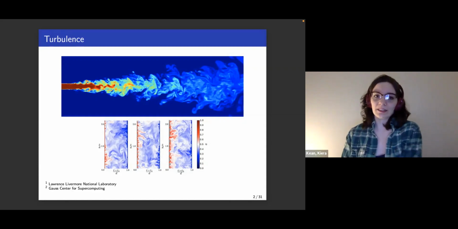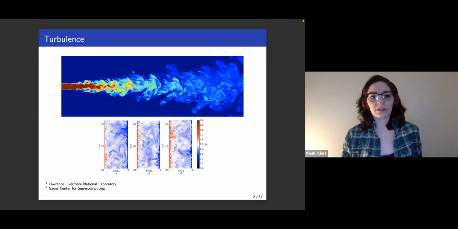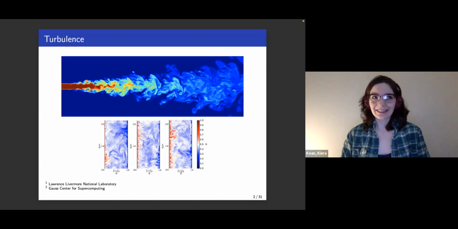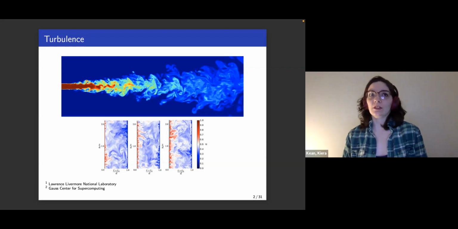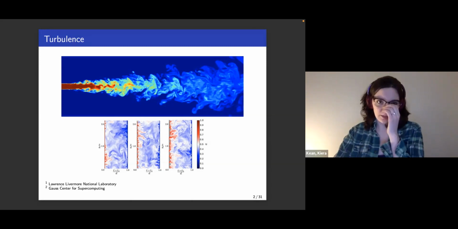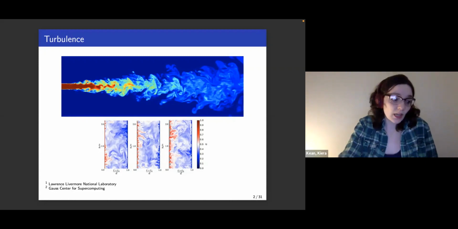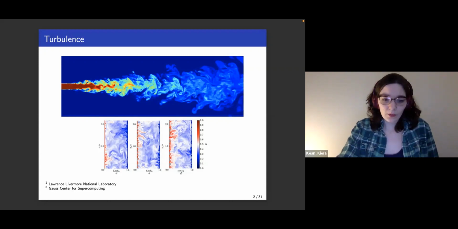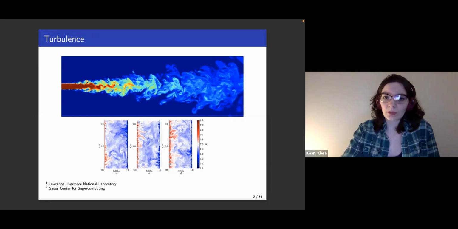As the Reynolds number increases, the smallest scales that we need to resolve scale inverse the Reynolds number, as do the smallest time scales. So we need to take incredibly small time steps and incredibly fine mesh to fully resolve these flows, which again, with computational resources is impossible for very high Reynolds number flows